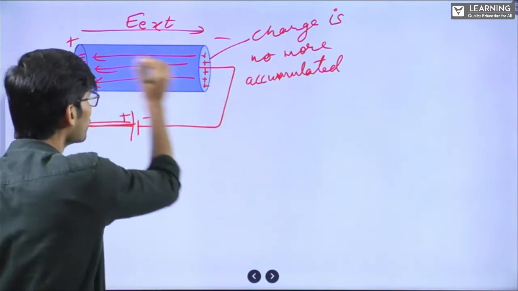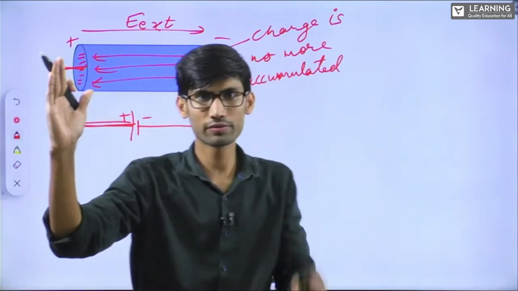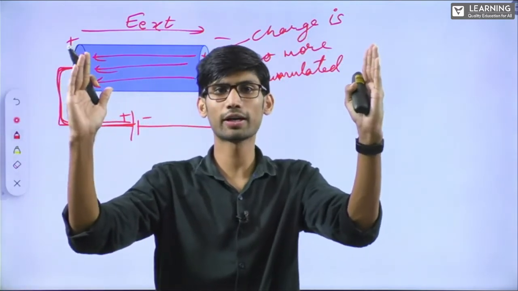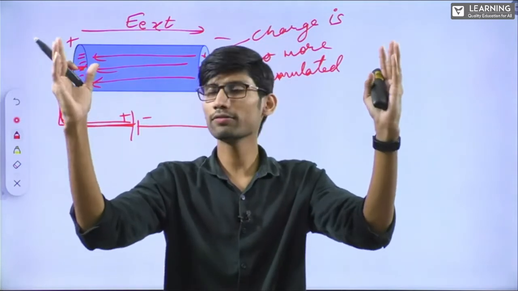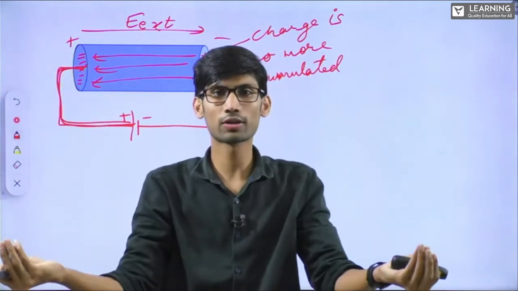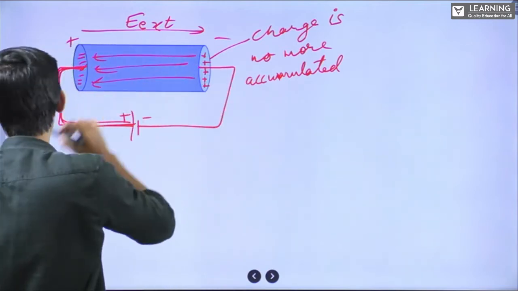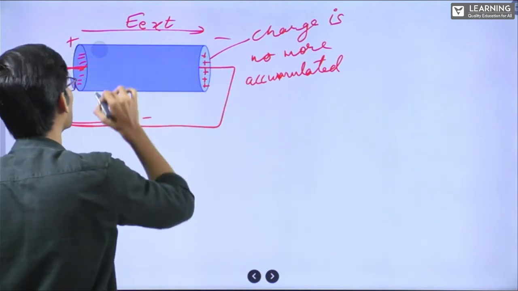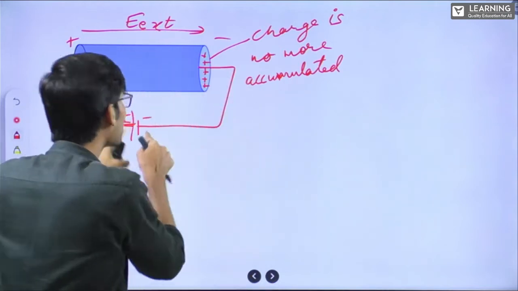This charge will start moving like this. If the charge is kept here, positive charge here, negative charge here, then there will be an electric field from this to this, in this direction. But if accumulation is not there and it is moving constantly, then E induced inside will become 0 slowly. Slowly means within microseconds. The moment you connect the battery,